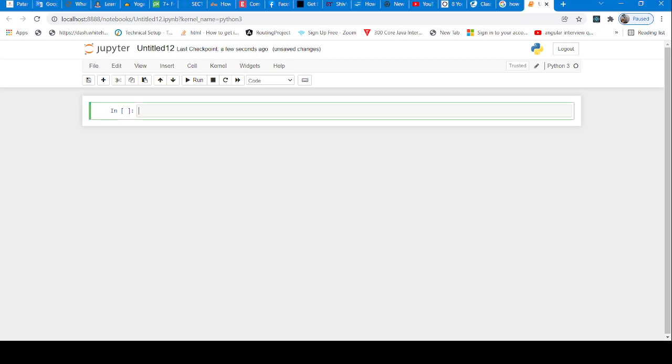So first, what we are going to do is create a class. In order to create a class, you need to understand how to use the keywords. So the first keyword is class. As you can see here, it's highlighted in green. And if you hit, so that's how you're going to learn